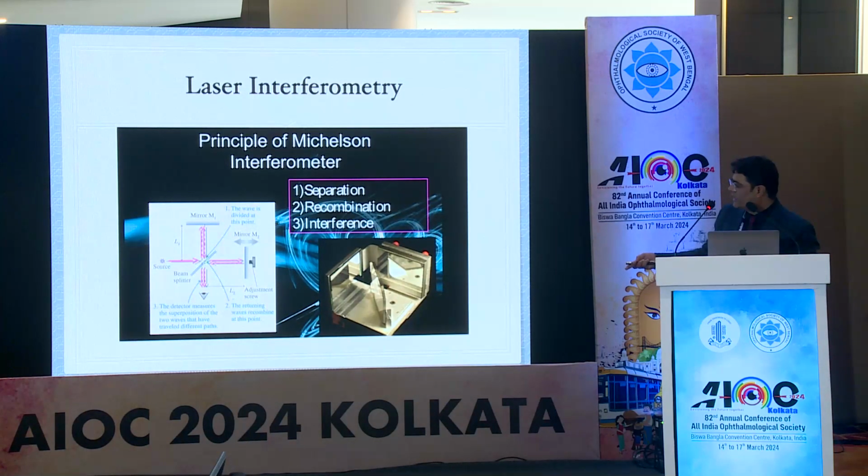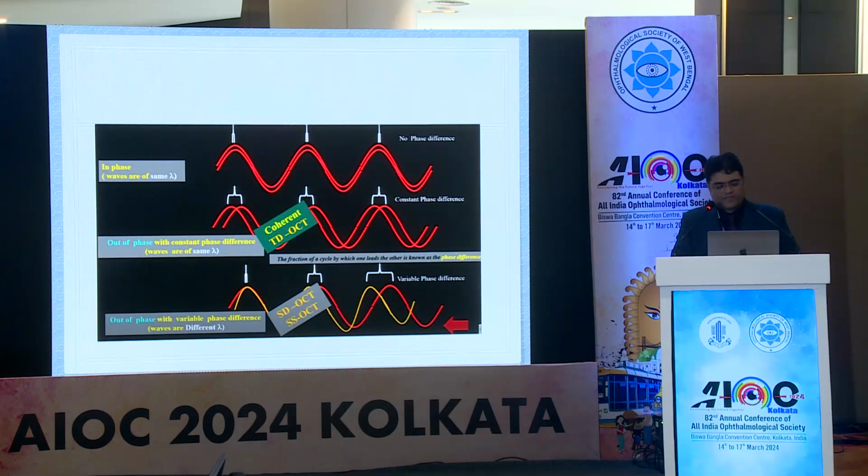So this is the source of light which gets split by the beam splitter. Both the light beams travel back, and then this detector detects the path which the light has traveled, and then gives us the axial length. This is the basic principle which you have learned in physics. Just to make it more understandable, let's see what the different biometers are and how the waves are used in them.